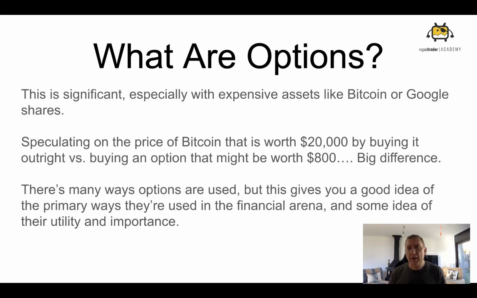So there's a lot of ways that options are used in the financial world. These are sort of the four primary ways. We don't have to go crazy into them, and some of the things aren't really applicable to you right now, or to the strategies we teach, and they might be later. Let's say you have a really big portfolio and you need to manage that risk. Well, I think that's very, very important. If you've got millions of dollars in stocks and commodities and crypto, well, I think it's a pretty smart idea to manage that risk, don't you?